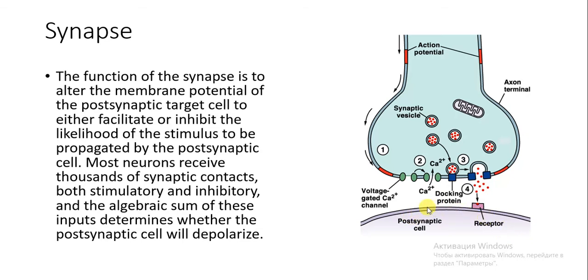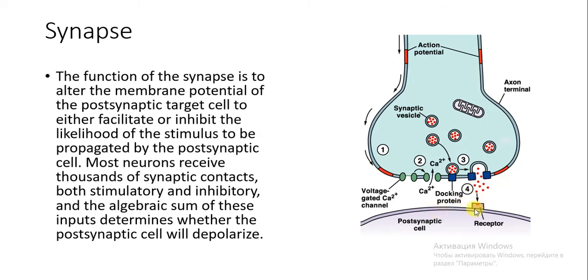In Google, in Wikipedia, you can find that we have different types of synapses: chemical synapses and electrical synapses. But in the human body, we have only one type of synapse. It's chemical synapses. Once again, only chemical synapses. So if in an exam I hear that we have electrical synapses, I give 2 marks, because we don't have electrical synapses in the human body. We care about only humans here. It's not biology, it's human histology. So only chemical synapses are present here, and receptors